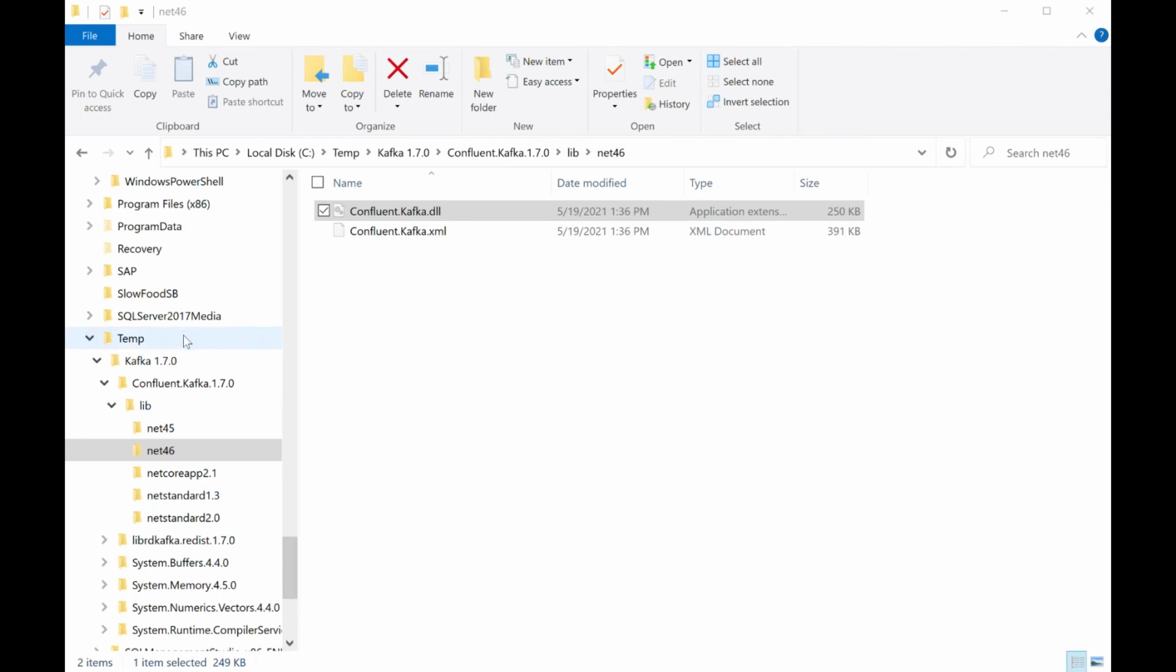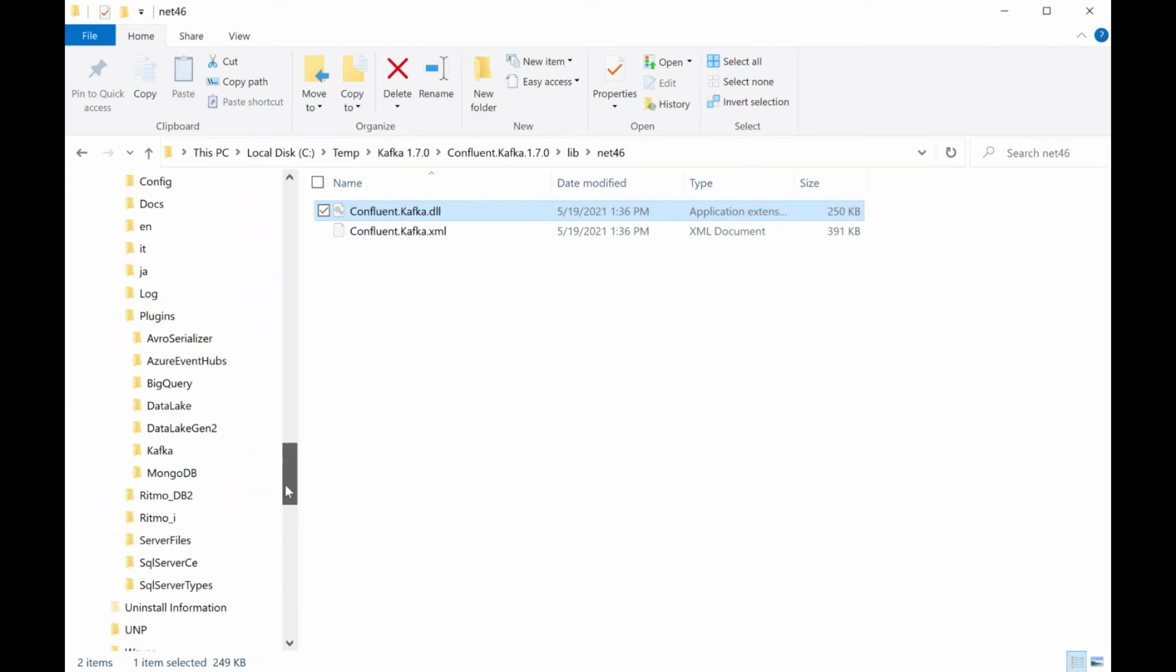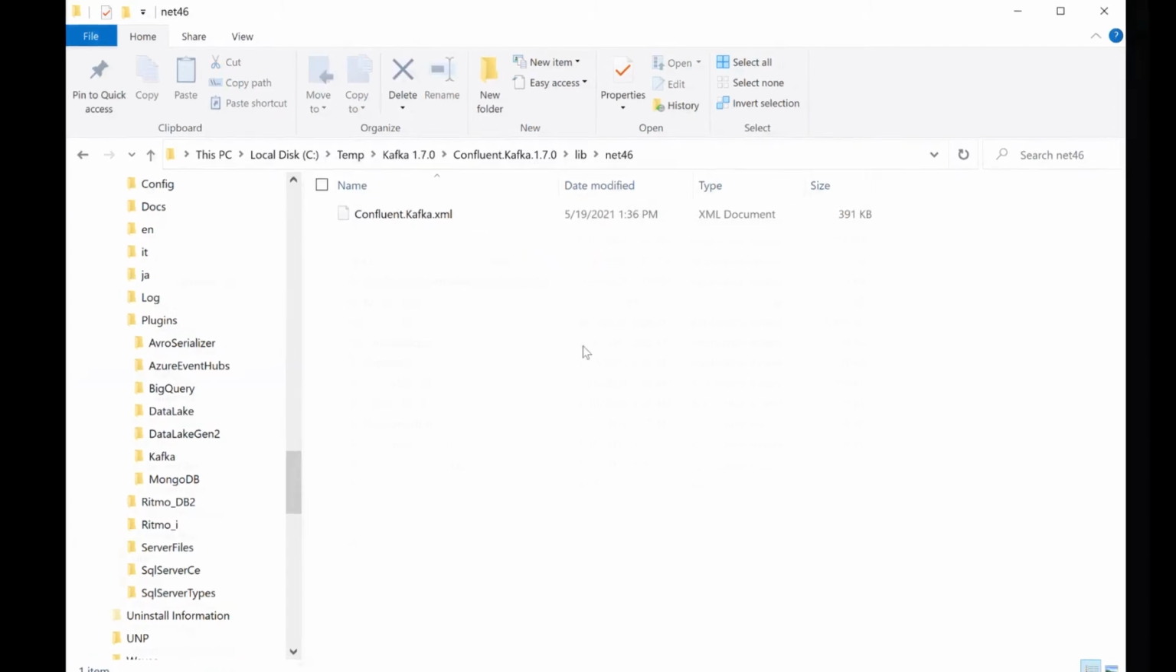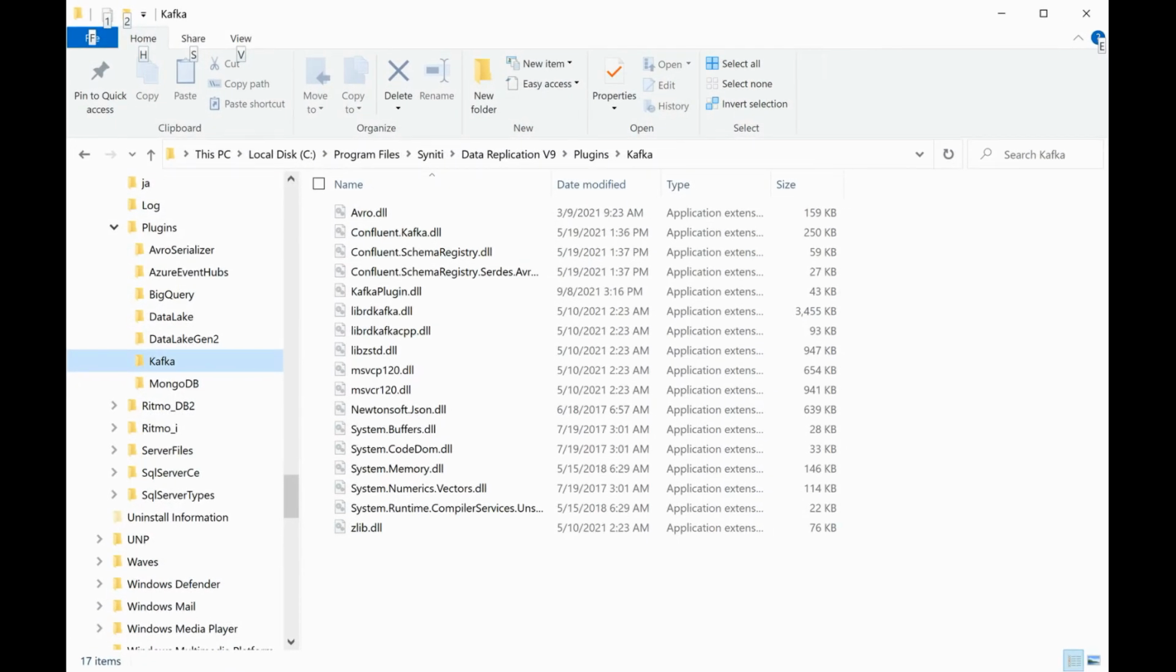The next step is to identify the files specified in the setup guide and copy them to the Syniti Data Replication plugins folder for Kafka. Here is the first file to copy over. It's very important to copy all the files listed in the setup guide, otherwise Syniti Data Replication cannot connect to